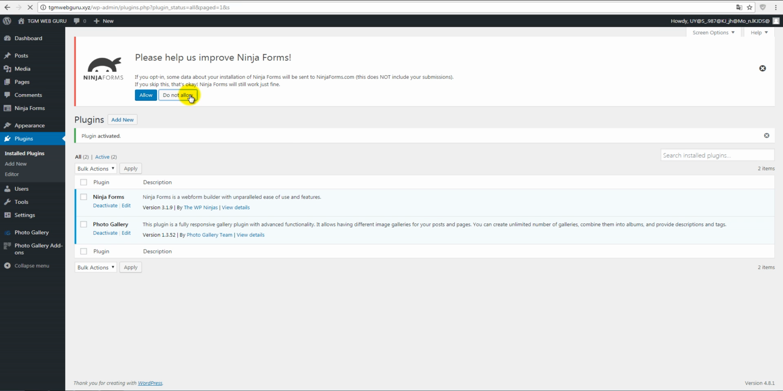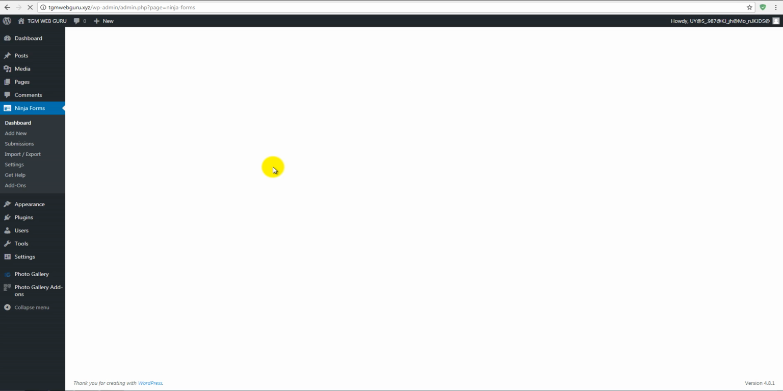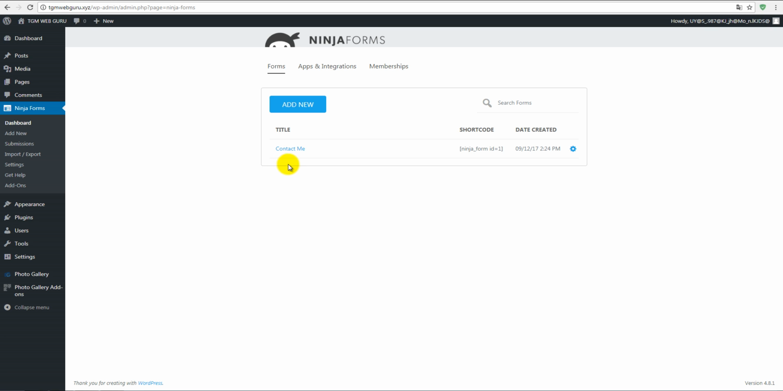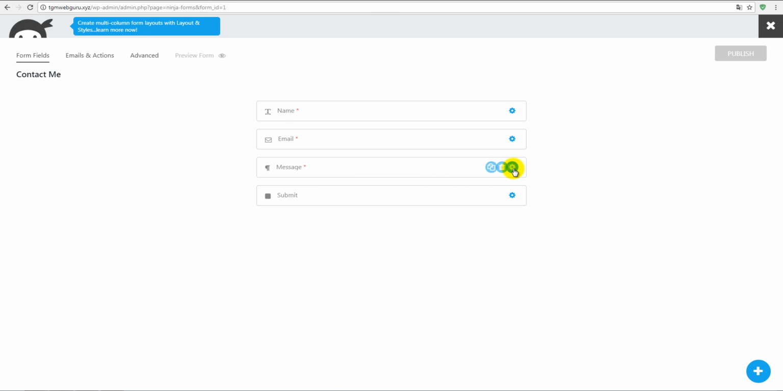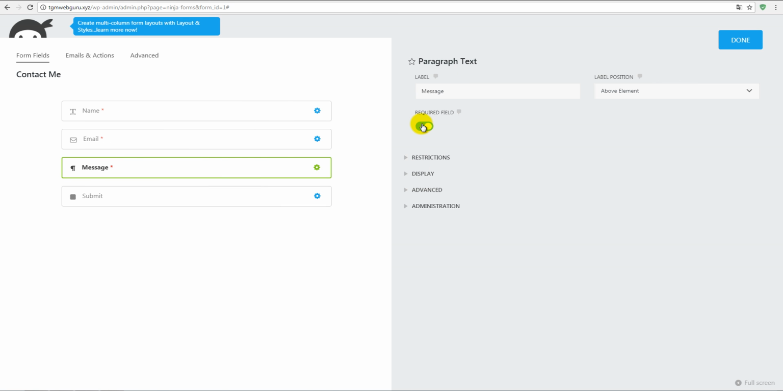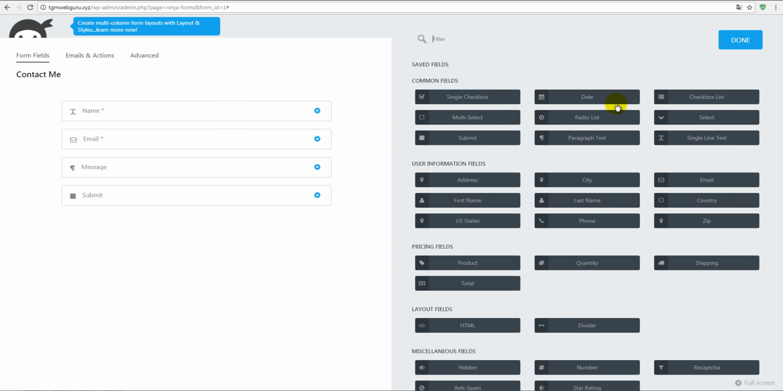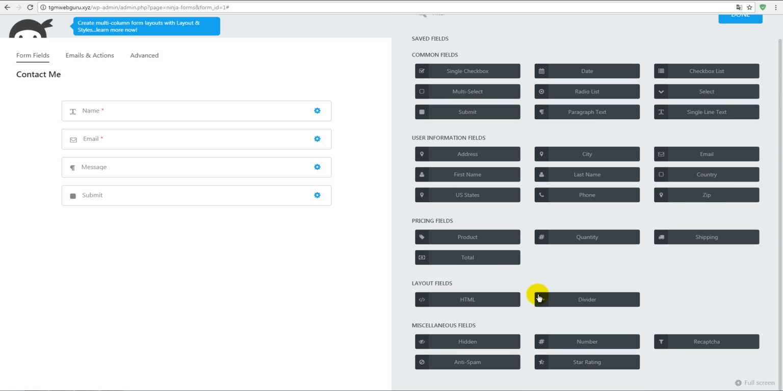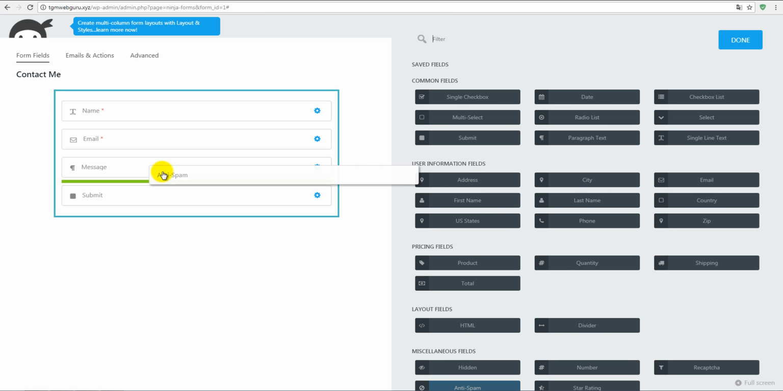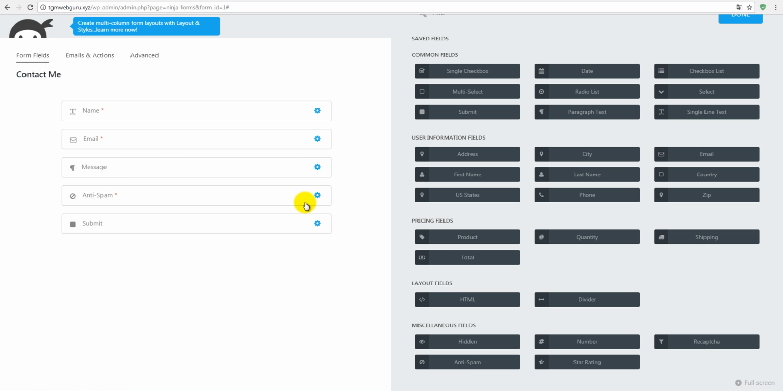In your dashboard, click on Ninja Forms, and here you wanna click on contact me. Here I wanna make message field not required, so uncheck the required field thing, click on done button, and we're done. And I'm gonna add one more thing just to make sure that spammers won't get you. It's called anti-spam block. So we just drag and drop in our form, click on this thing again to make some